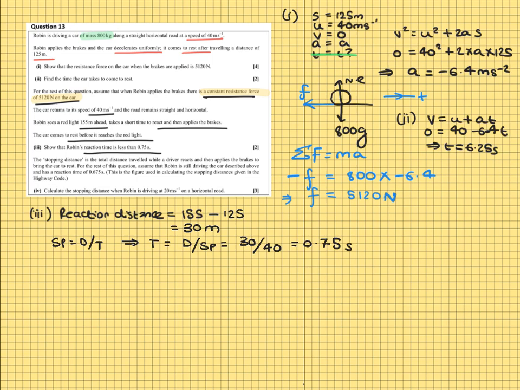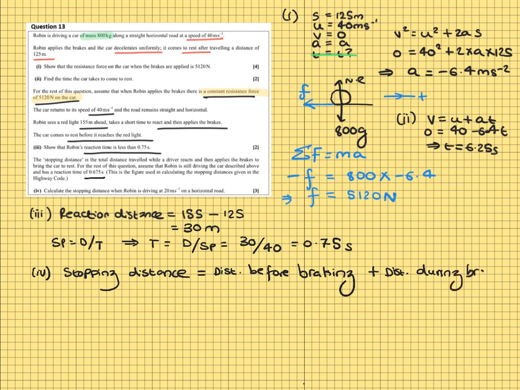For the rest of this question, assume that Robin is still driving the car described above and has a reaction time of 0.675 seconds. Calculate the stopping distance when Robin is driving at 20 metres per second on a horizontal road. So the stopping distance is going to be made up of two components. One of these components is the distance travelled before the brakes are applied, so almost like a reaction distance, plus the distance travelled